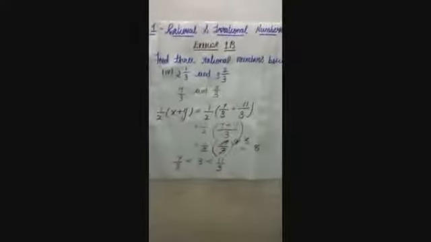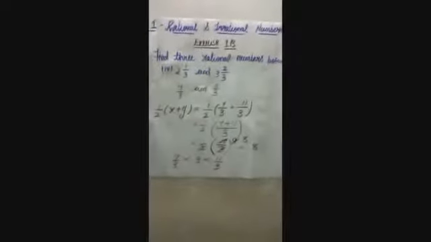So similarly, we can find not only 3 rational numbers, but 4, 5 or 6 rational numbers. We can repeat the procedure again and again to find the next rational numbers which lie in between any two rational numbers. Actually, this is one method and we have another short method also. That method I'll tell you in the next video.